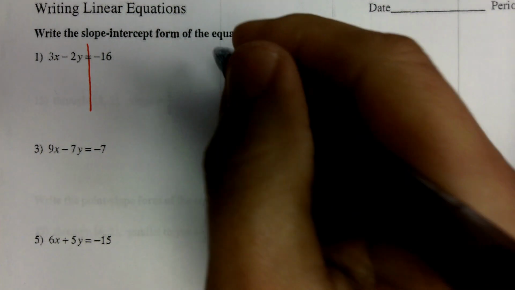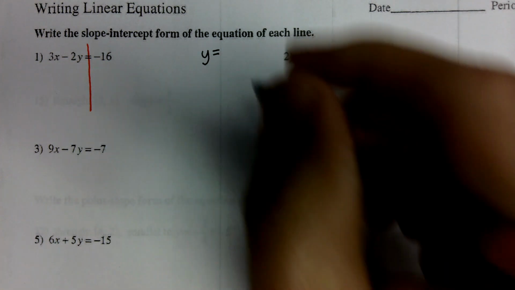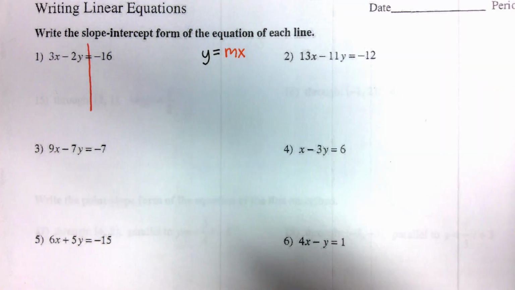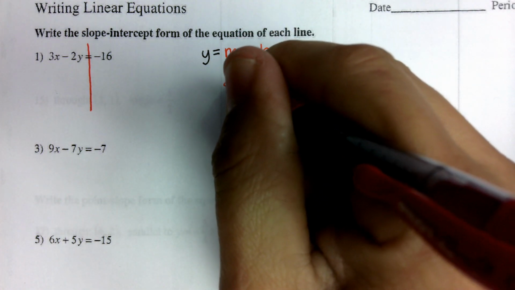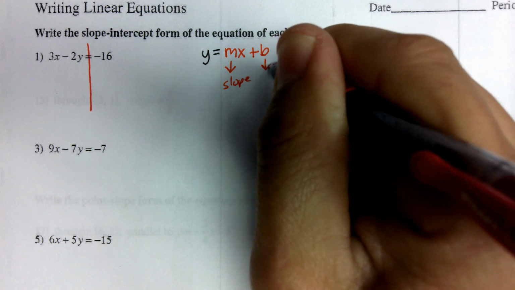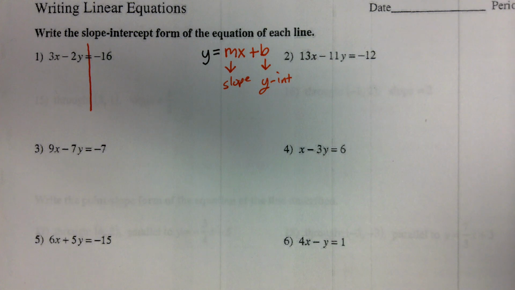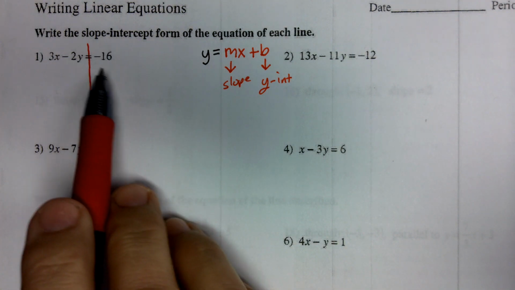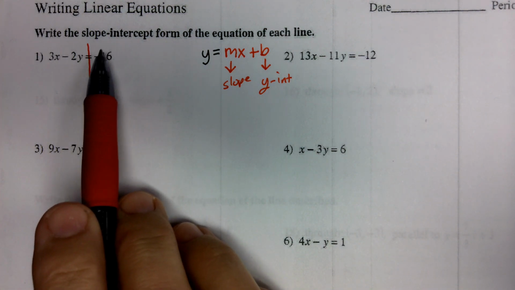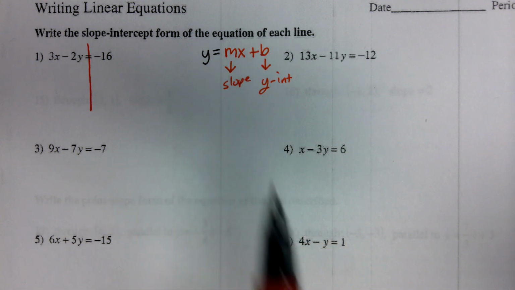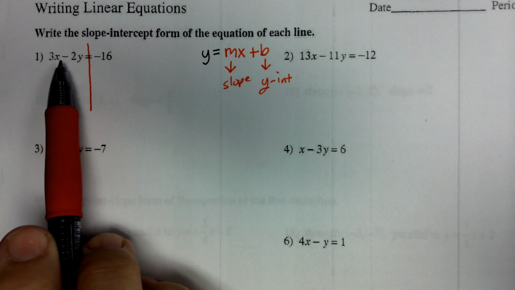When they say slope-intercept form, what they really want is for it to look like this: y equals mx plus b. In this case, m is your slope and b is your y-intercept. Just keep that in mind. Notice we already have a y-intercept over here, negative 16. That may change when we do some division, but it's a constant, and our y-intercept is always a constant value. So what I've got to do is move the 3x over to the right,